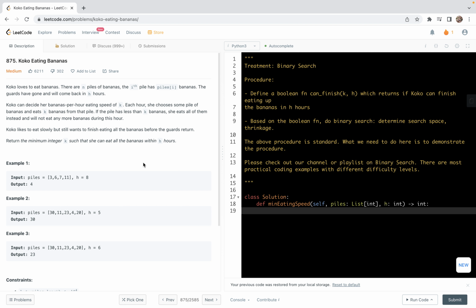So first, let's look at the problem statement. There are n piles of bananas. The i-th pile has piles[i] bananas. The guards have gone and will come back in h hours. Koko can decide her banana-per-hour eating speed of k. Each hour, she chooses some pile of bananas and eats k bananas from that pile. If the pile has less than k bananas, she eats all of them instead, and will not eat any more